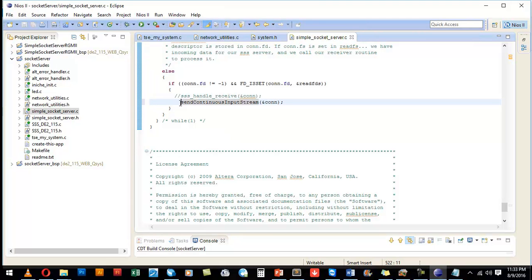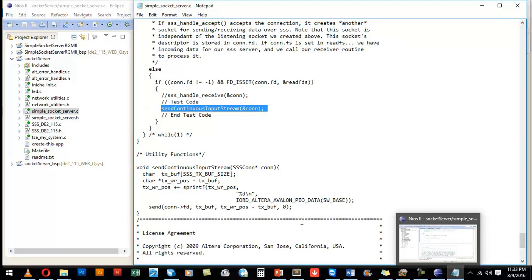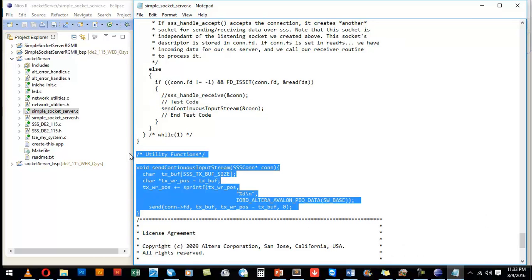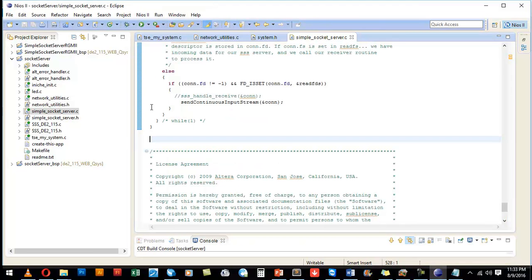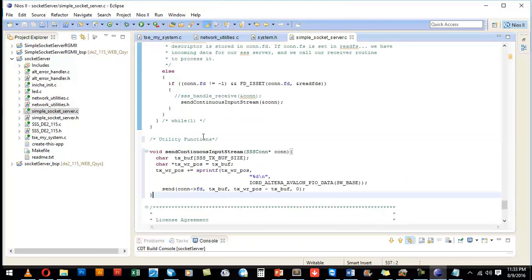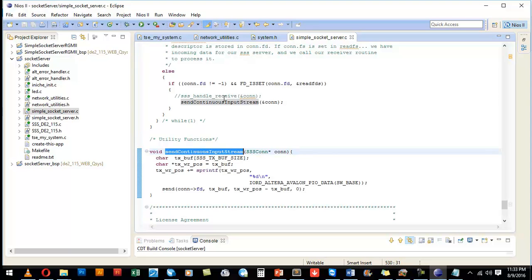Then after this function, there is another function I call the utility function. Just copy whatever you see here and paste it here. Of course, this is this. Then if you scroll up,